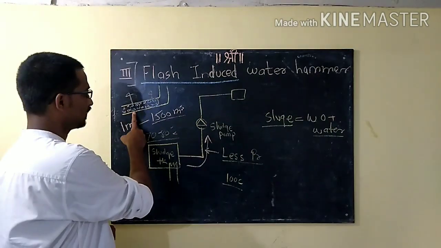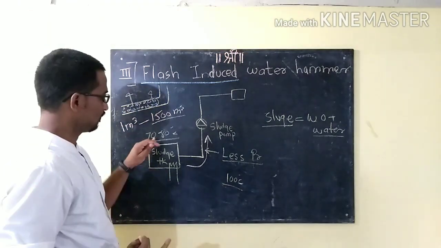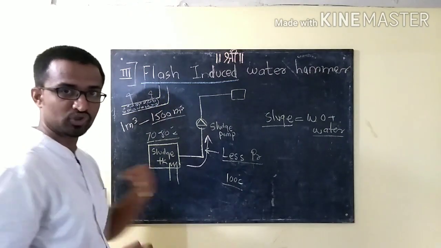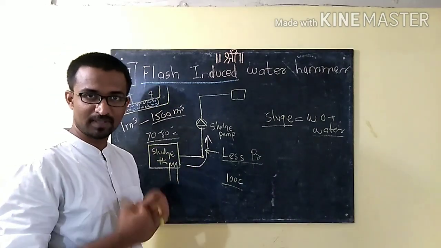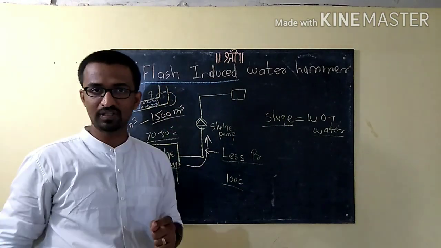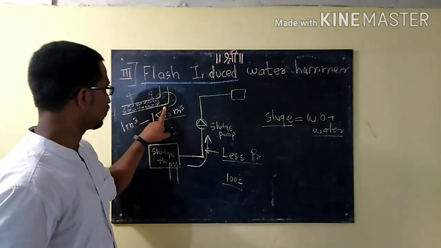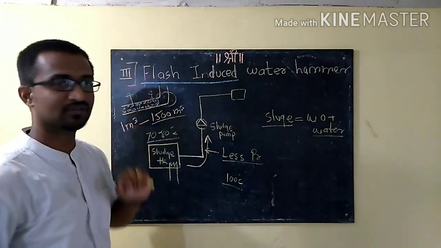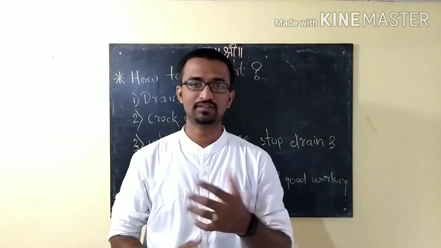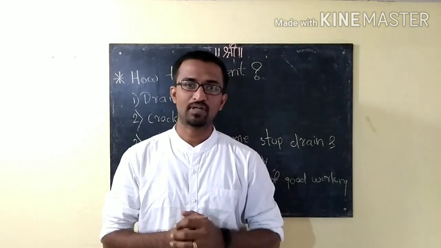And this type of water hammering we call a flash induced water hammer. Why does this occur? First thing, because the water reaches its vaporization temperature because of the high temperature, and second thing, it gets expanded, so it pushes or accelerates the sludge, the remaining water and steam, and it will impact on the bend, and the whole kinetic energy gets converted into pressure energy, and the noise will come. In that scenario, we call it the flash induced water hammer. So guys, we have discussed the three types of water hammer.